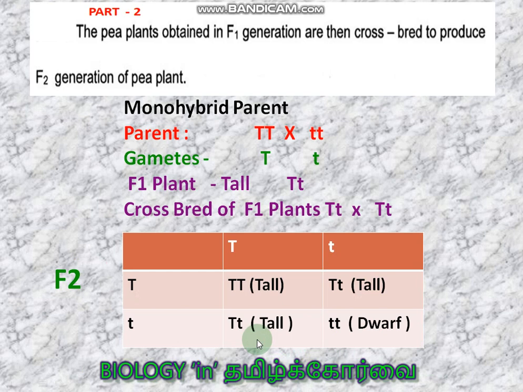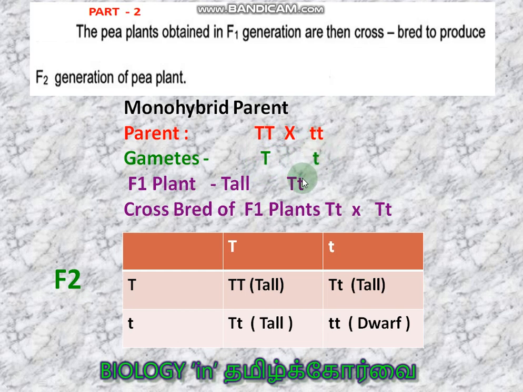Now coming to part 2, the pea plant obtained in F1 generation. How are we getting the F1 generation? Capital T, capital T crossed with small t, small t. Okay, its gametes: capital T alone, only one allele will come because it is law of segregation. Okay, sorry, here not segregation, only one, because of meiosis, right? Because of meiosis, capital T alone, only one allele is coming to the gamete, and here only one allele is coming to the gamete.